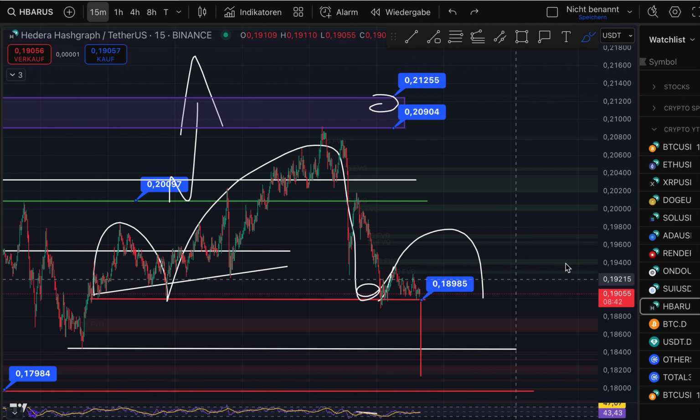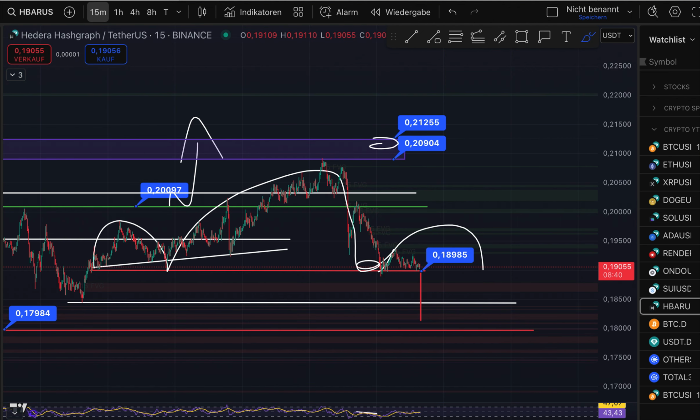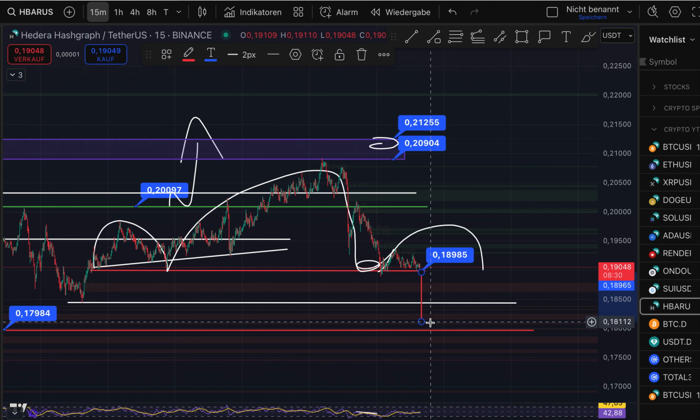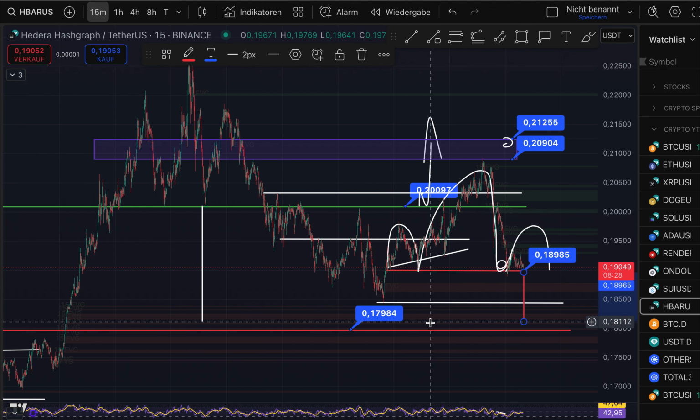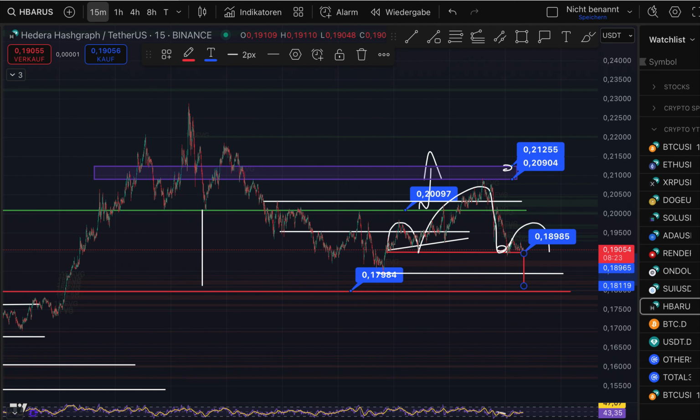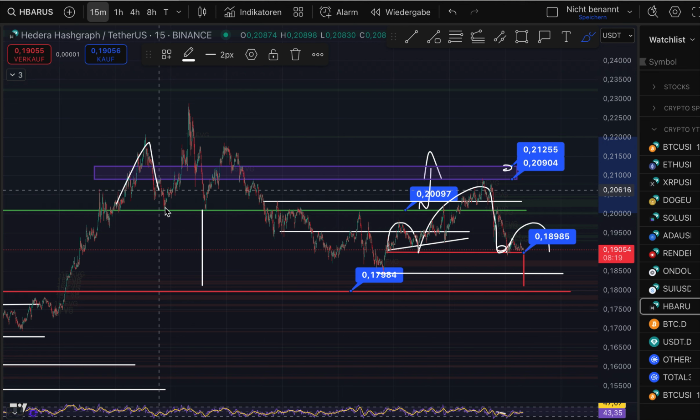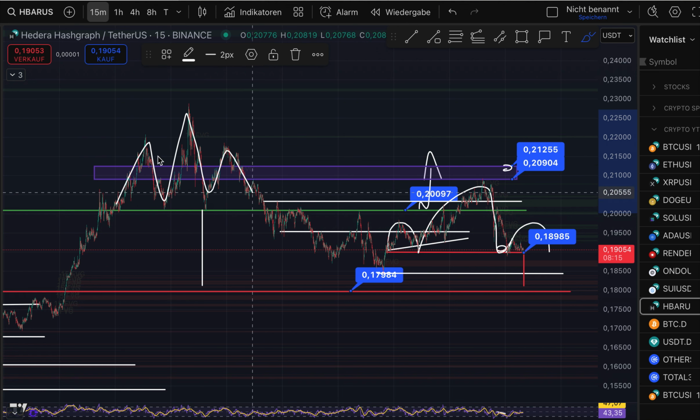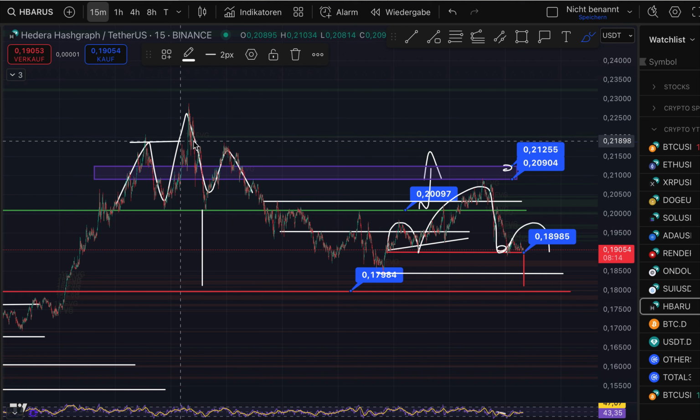If the 18.98 cents breaks to the downside, then we have at least space to the downside in the length of the left shoulder. We put it then to our breakout point, and as you can see, we reach for prices down to 18.1 cents. The 18.1 cents is the target of an old head and shoulders formation. Shoulder, head, shoulder. And here the shoulders are perfectly at the same